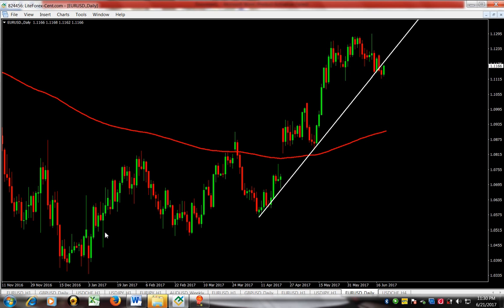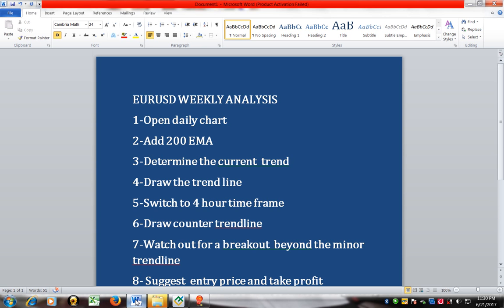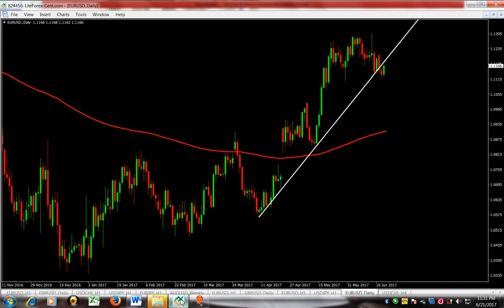Good. So the next thing is we switch to the 4-hour time frame, and when we get there, we draw the counter trend line. What do we mean by counter trend line? The trend line on the daily chart is bullish, and you know that in an uptrend we try to buy low. To buy low, we need a counter move that is in opposition to the prevailing direction. The prevailing direction here is bullish, so we are going to look out for a